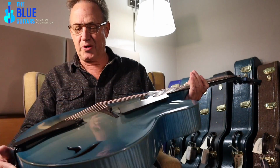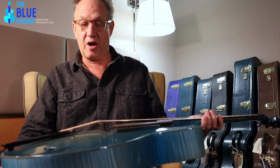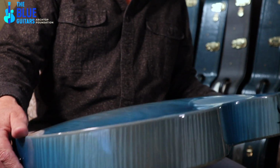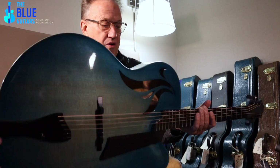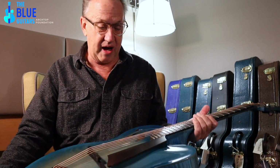I saw this when it was just pieces of wood, and it was a real treat to be able to work on this thing. It was a great project for the whole Archtop community, really. 22 Luthiers were picked by Scott, and it was just an amazing undertaking. The one story I do have about it,